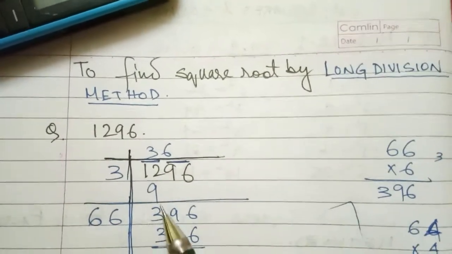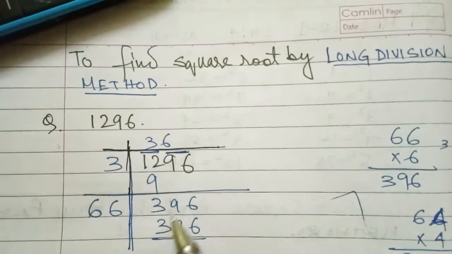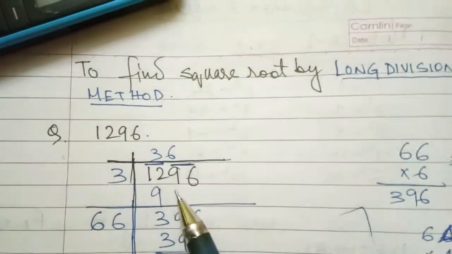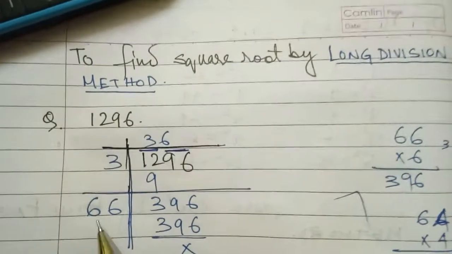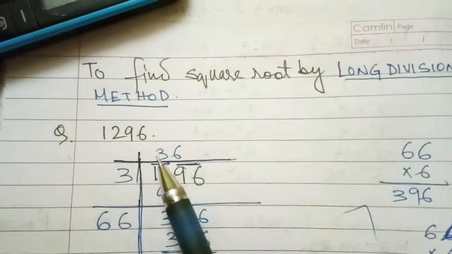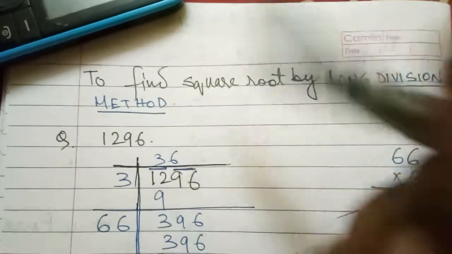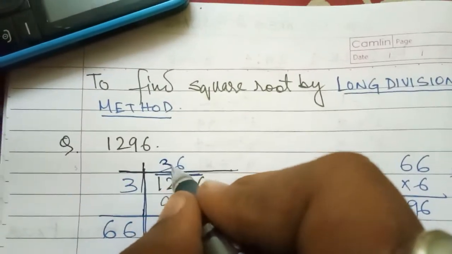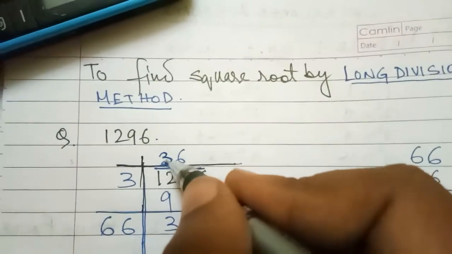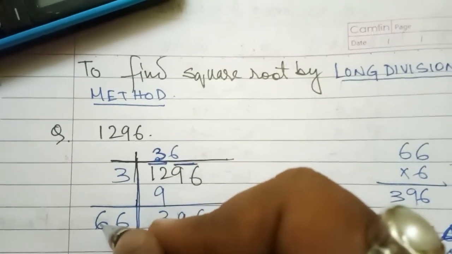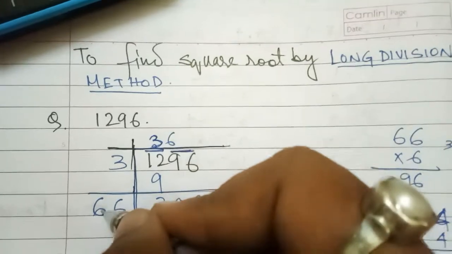Now after subtracting, what is coming? 3. Then you put 96 over here. Now how did the value come? Always, when there is a number, this particular number, make it double. If it is given 4, it will be 8. If it is given 5, it will be 10. If it is given 2, it will be 4. If it is given 7, it will be 14.